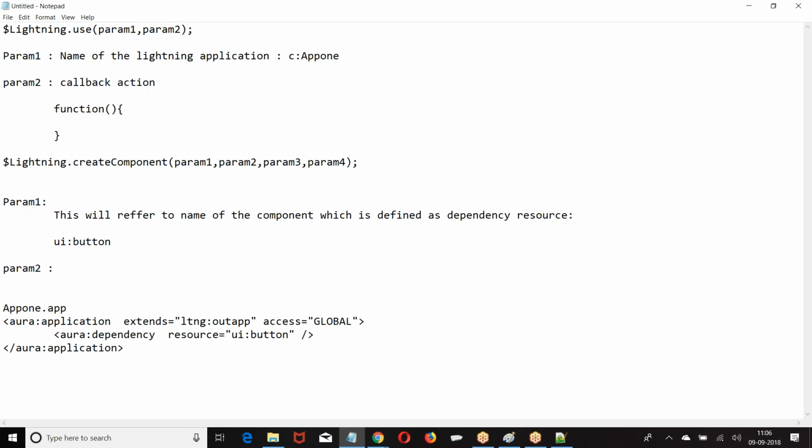Param 2. What is param 2? Parameters. When you call a component, what are the parameters of UI button? Label. I want to give some properties there, let's say UI ID. These are properties of the component. So you want to call this component with these properties.